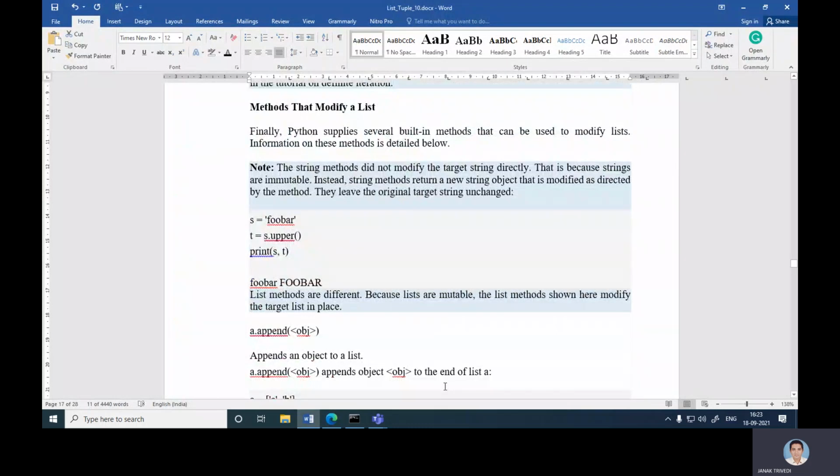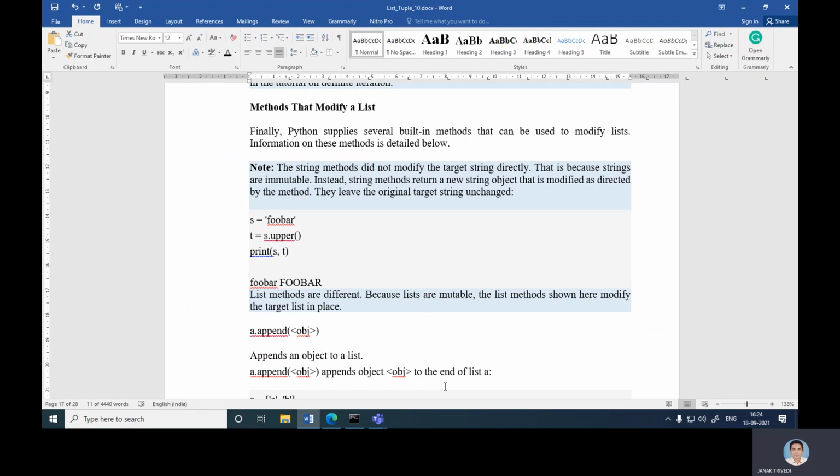Finally, Python supplies several built-in methods that can be used to modify a list. Information on these methods is detailed below. The string methods did not modify the target string directly. That is because strings are immutable. Instead, string methods return a new string object that is modified as directed by the method.